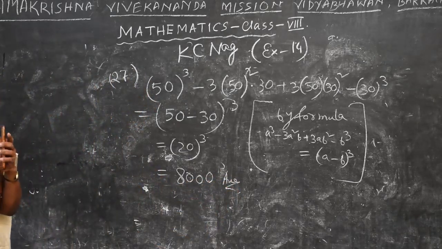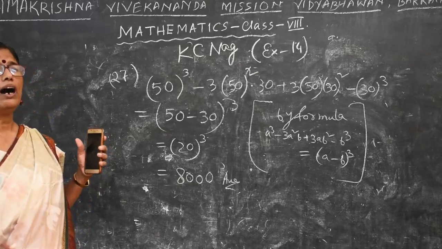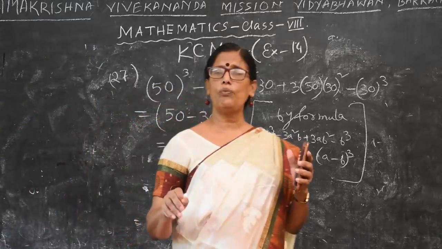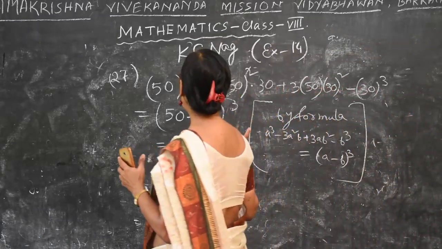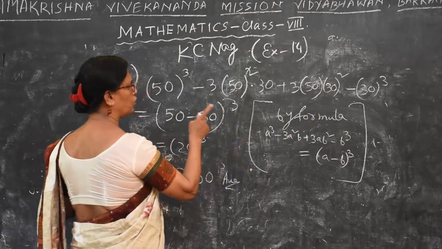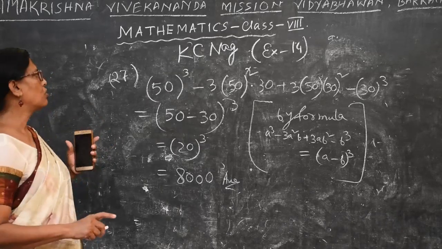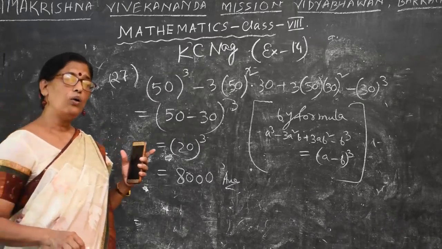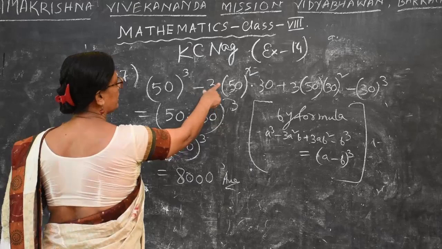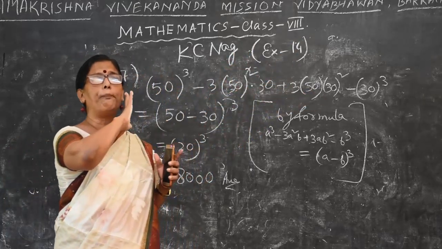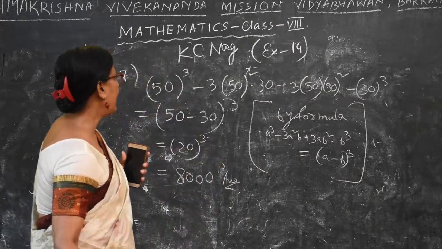Here you can do let 50 is equal to A, 30 is equal to B. You can do it by this one, but that is a very lengthy sum. That's why we apply the formula directly, and if we write this formula on this side, then there is no confusion. The teacher must be pleased with you because you apply the formula correctly. So that's the use of the formula with digits also. Now, A cube, 3A square B, 3AB square, B cube are clearly given, so no confusion. If there is any confusion, what do we do? Let us try the next one.